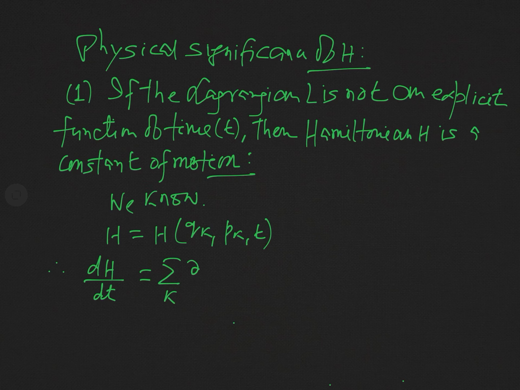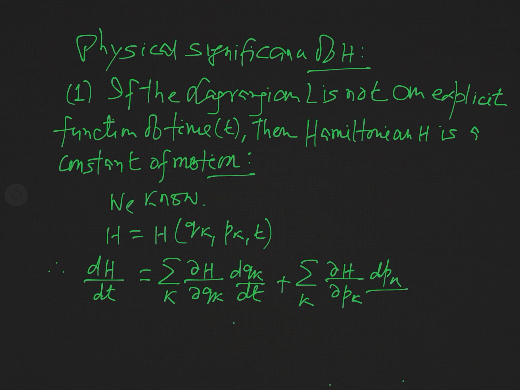So this is summation over k del H by del qk dqk by dt plus summation over k del H by del pk dpk by dt plus del H by del t dt by dt,